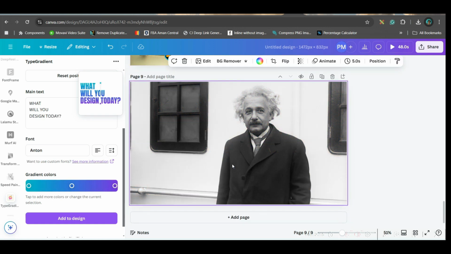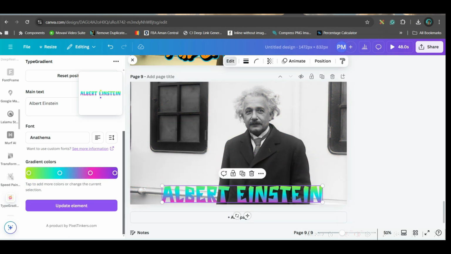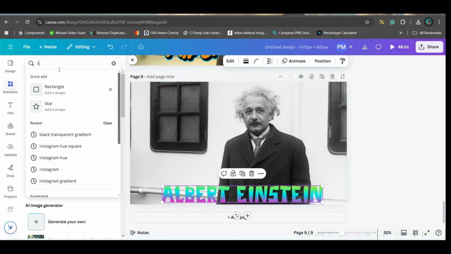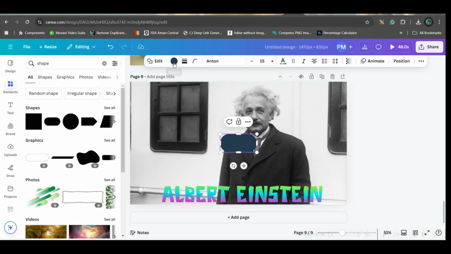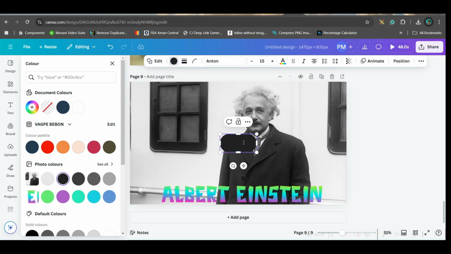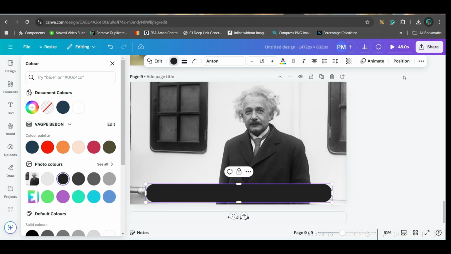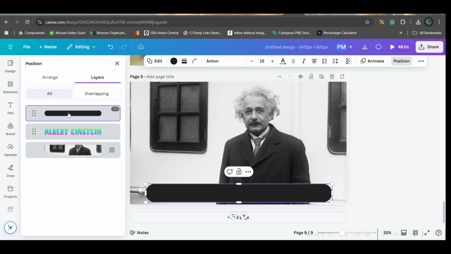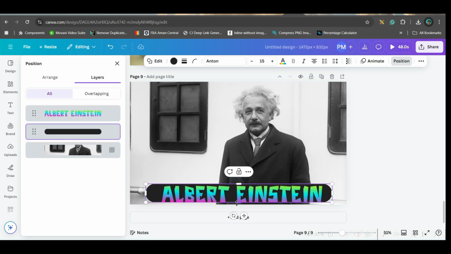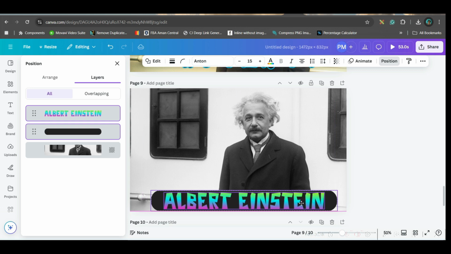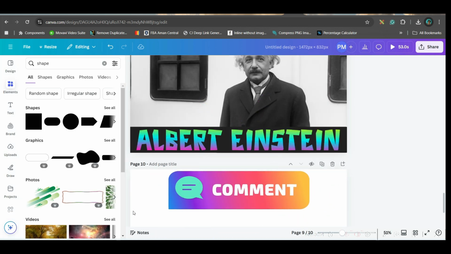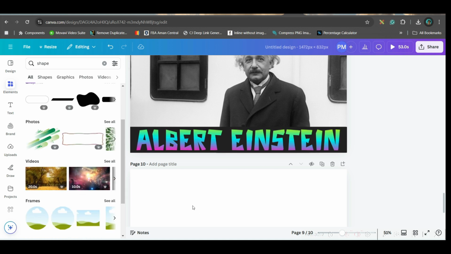Let me just paste it here. We just need to add a background here. So go to this element section, give shape. Whenever you use this gradient, this is also something which I use on a daily basis. Then try to take one background shape and try to make it black. Let's cover the entire text. Go to position, go to layer, make sure the text is behind it. Just cover the entire text, bring the text to the middle, and then selecting both together, bring them to the middle. See how bright it looks. So do let me know which one you liked the most.